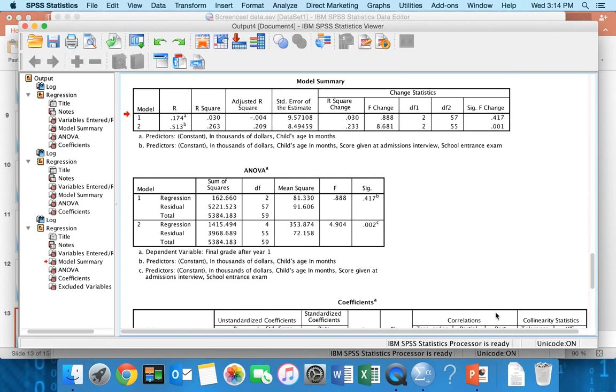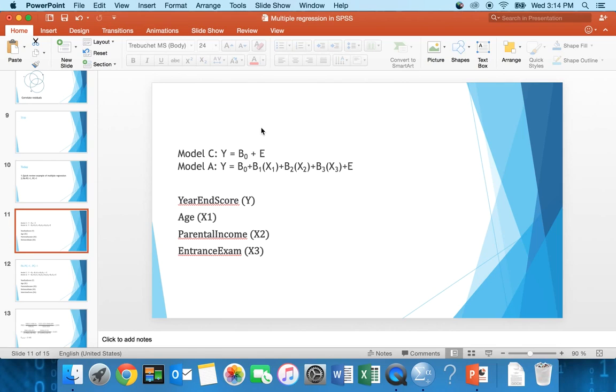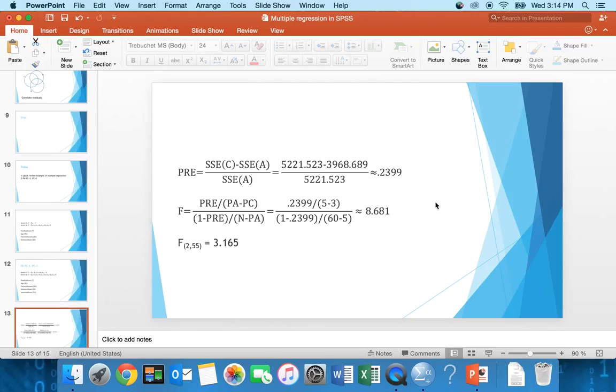That summarizes the situation in which we have PA minus PC greater than 1 and PC greater than 1. And there's another way to use SPSS to get at the answer directly. And here's how we could do it more manually, conducting two different regression analyses. I'll end there and